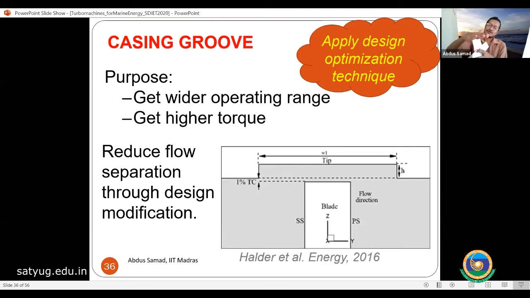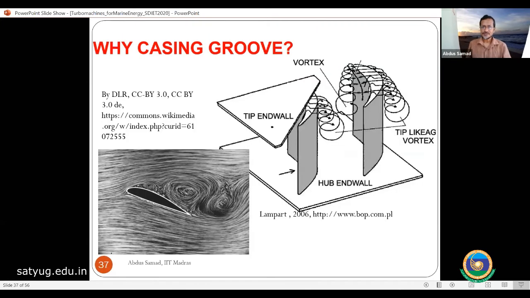So people are trying to reduce the flow leakage so that it will not interact with the passage vortex and will not increase my flow separation. What they do is put some groove, sometimes some end plate, so that the leakage can be reduced. In some cases, they put some slot and suck the low pressure fluid, or many other techniques they use. For the Wells turbine also, we created one specific type of grooving, and that groove increased our performance. And we reported it in a very good Energy journal, with an impact factor more than 5, I think.